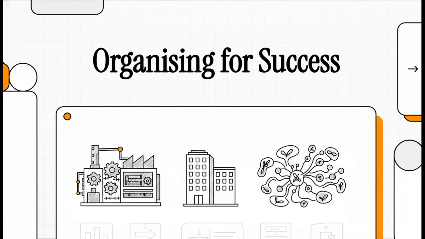Welcome to This Explainer. Today, we're going to unpack the literal architecture of business. Have you ever wondered how companies evolved from running like rigid, repetitive machines into the flexible, living networks we see today? Well, we're going to take a close look at the actual blueprints that make modern companies function.